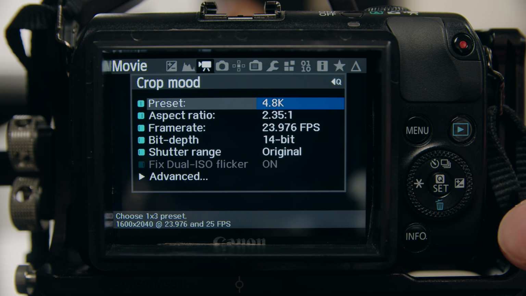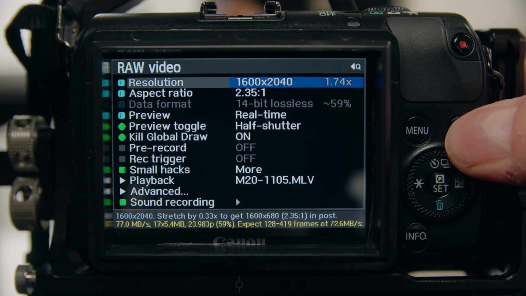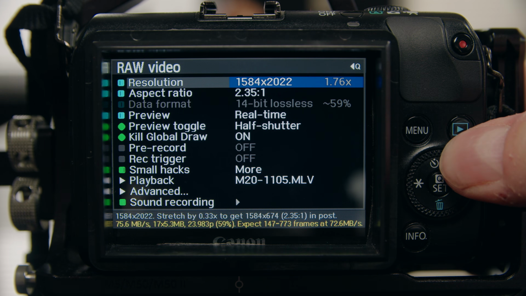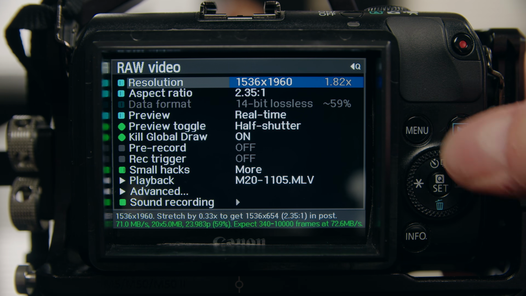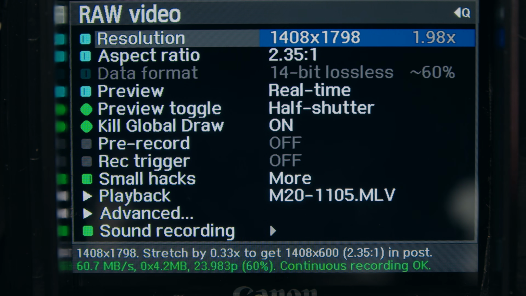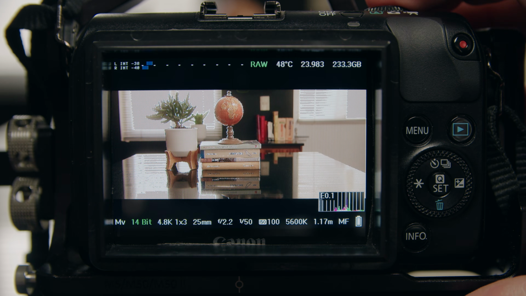Now another important thing: if you want to film at a lower resolution than the presets, the crop factor will rise and you wouldn't get what you see. For example, here I'm lowering the resolution. The framing is not real.